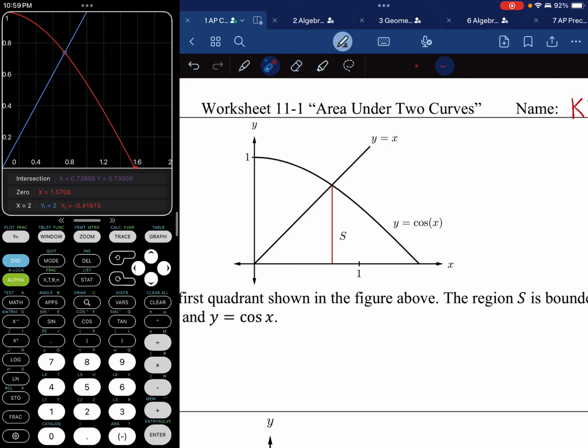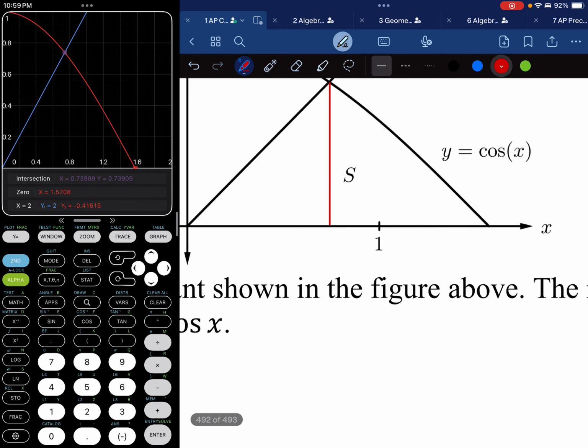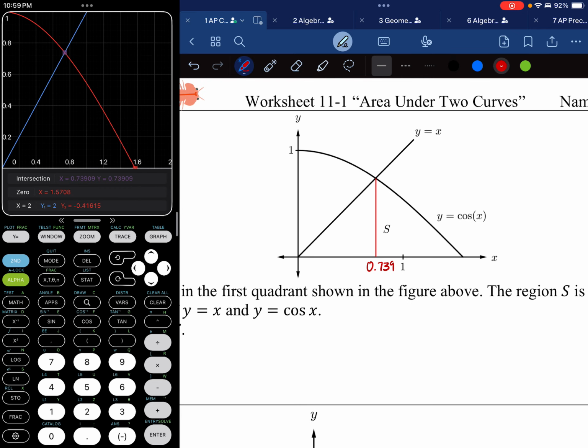And I get an intersection of, let's zoom in here, 0.739. I don't know how to write here. 739. All right. So I found my intersection, and now I'm ready to set up my pieces, because again, I'm